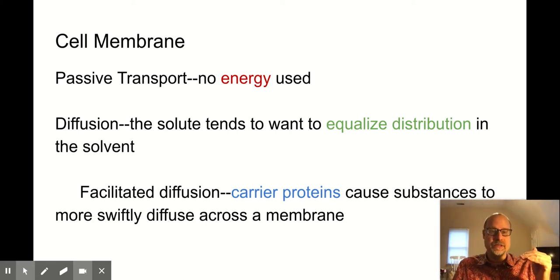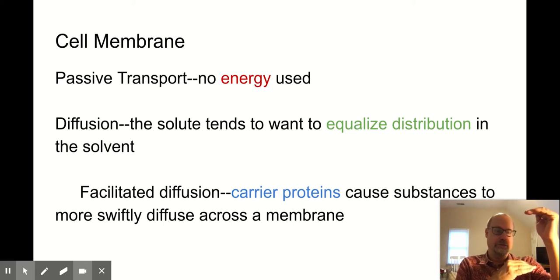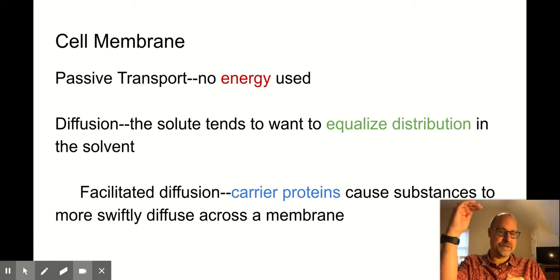And what they're doing is they're essentially balancing so that if there's a high amount of oxygen outside the cell and a low amount inside, well, it's going to go from the high concentration to the low concentration and therefore enter into the cell. If carbon dioxide's in a high concentration inside the cell and in a low concentration outside the cell, the carbon dioxide is going to leave the cell and go outside